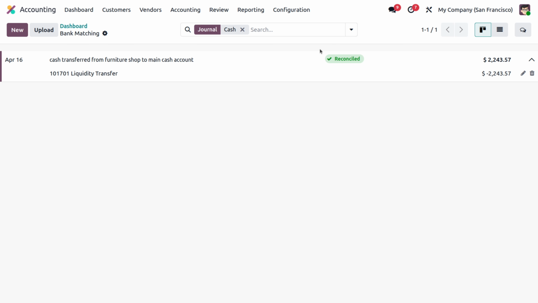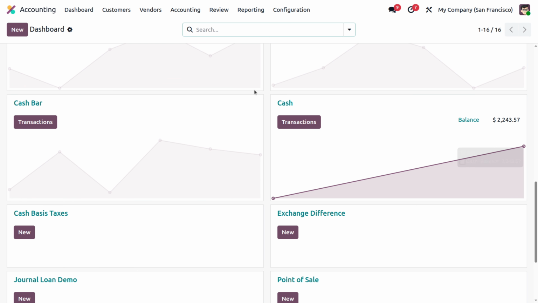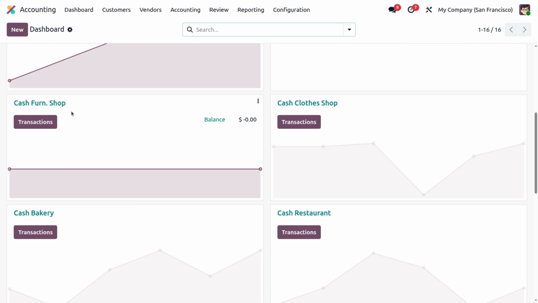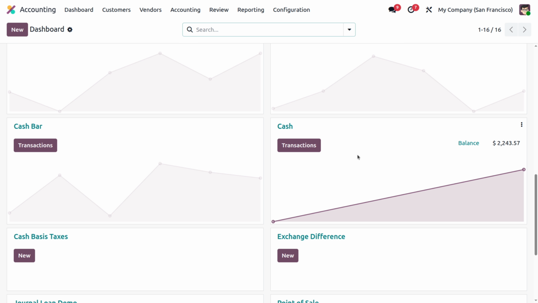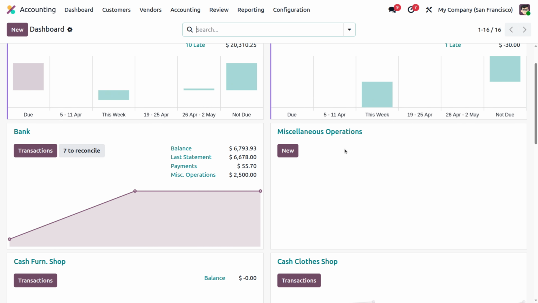We are done with each and every thing, and we reconciled it. By moving on to the dashboard itself, what will happen is, from the cash furniture shop to the cash account, we just moved the actual amount under the closing time. Okay, so there we have the $2,243.57 from the furniture cash account to the main cash account. So that's how simply you can move or transfer the money from the POS session to your cash or bank accounts very easily. So I hope you all understood this video, because this is so important,